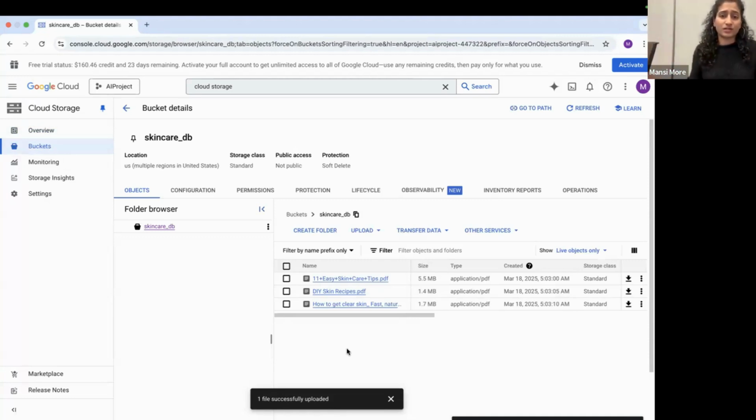Again, if you have a big project, you can upload a huge, large-scale amount of data here. But just because this is hands-on, and we are just doing it for the sample website, we can put a minimum size of the files. So here I have put 5, 7 and 4 MB files.